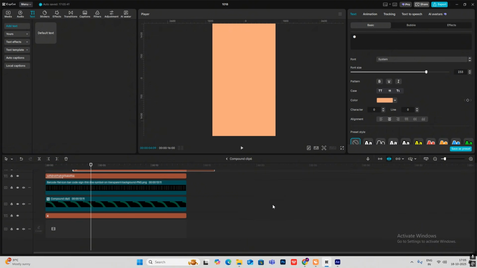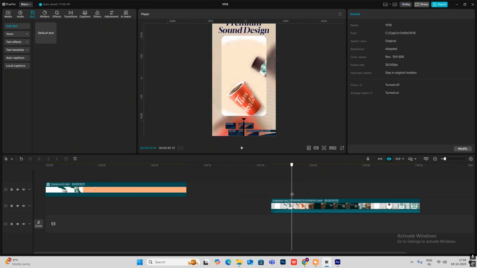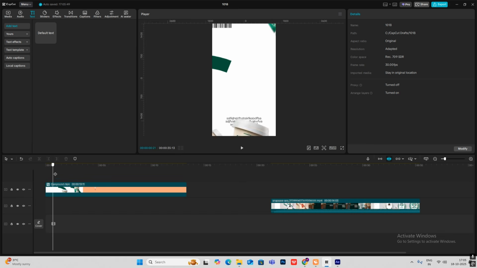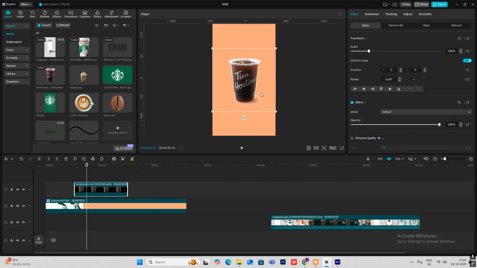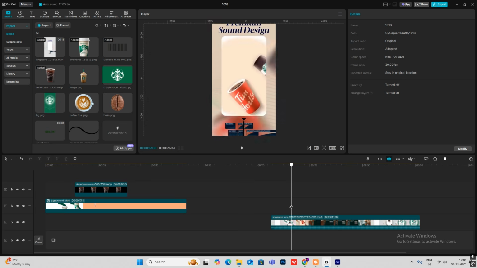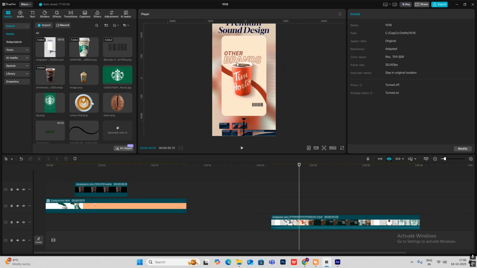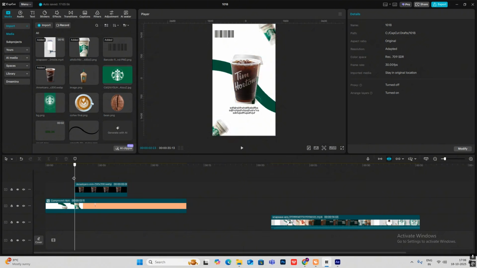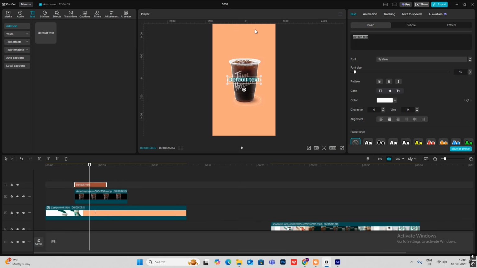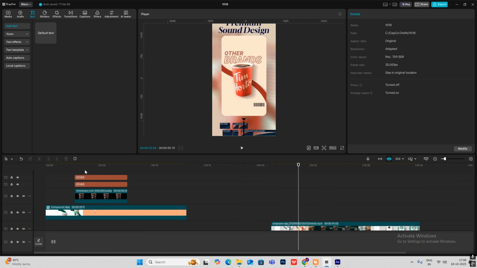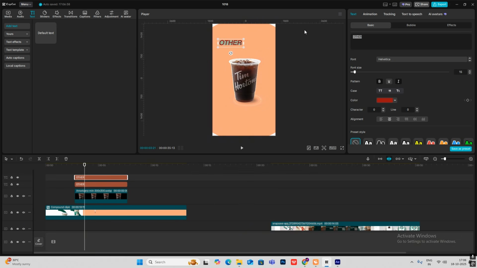Okay, now for the next part, this mug comes in, so just going to bring in my next PNG, okay, and as you can see now there is this red line and text is there other brands. So first let's do the design, bring in our default text. For this transparent text, what we can do is first we'll write here brands, make sure it's big,